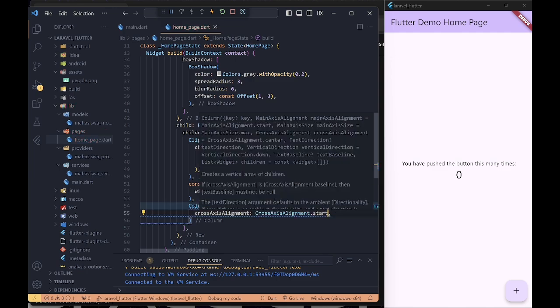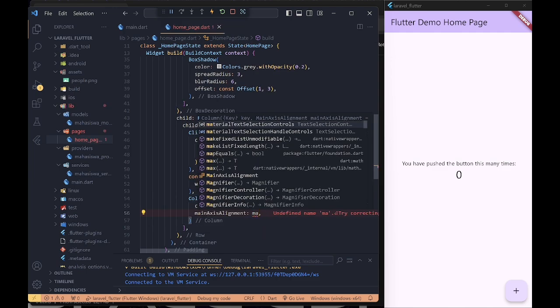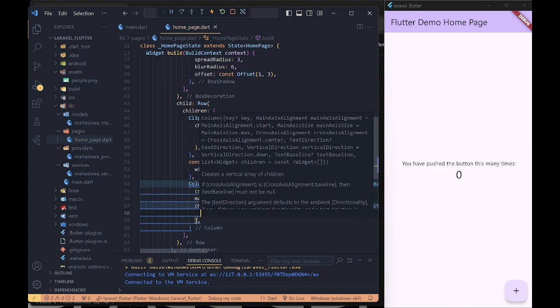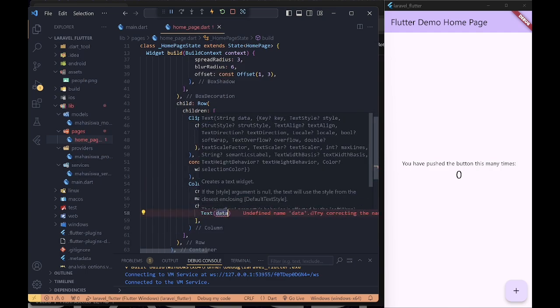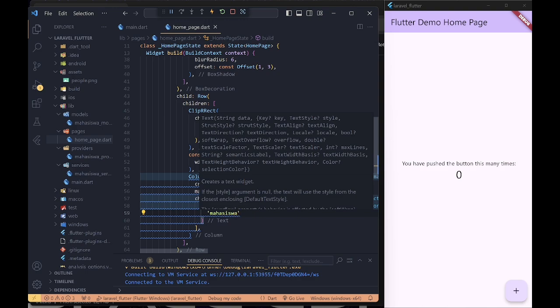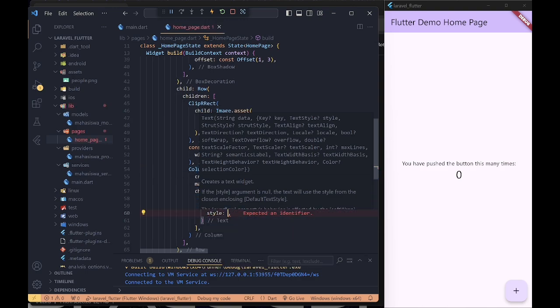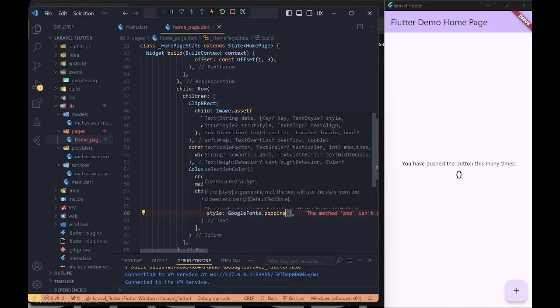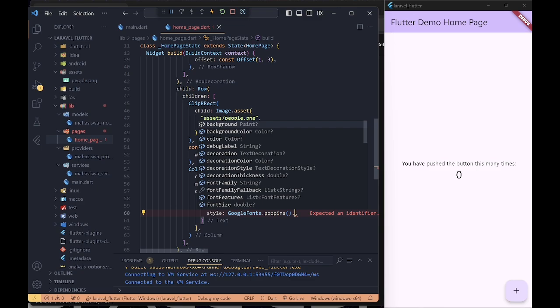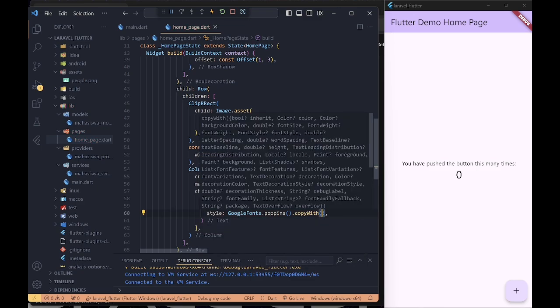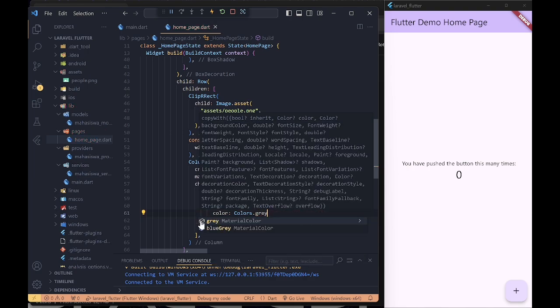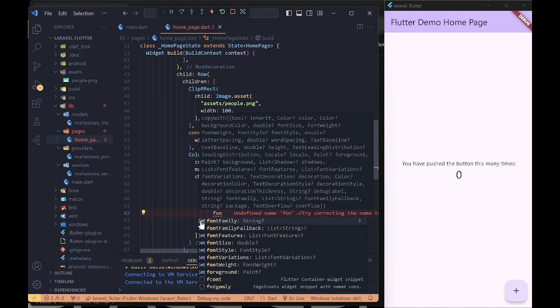And now I add Column, and I add crossAxisAlignment and mainAxisAlignment, and I add children, Text mahasiswa, and I add a style like GoogleFonts. I use Poppins for the font. And for the color it is grey.